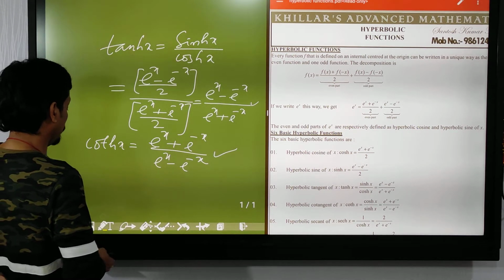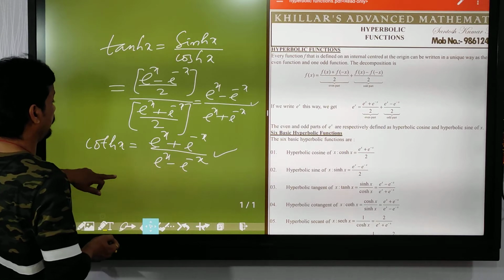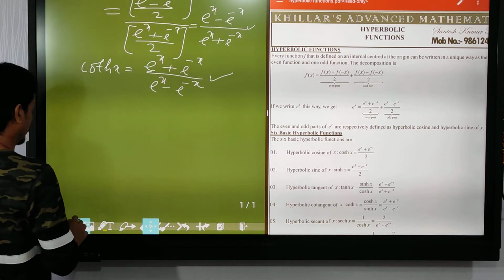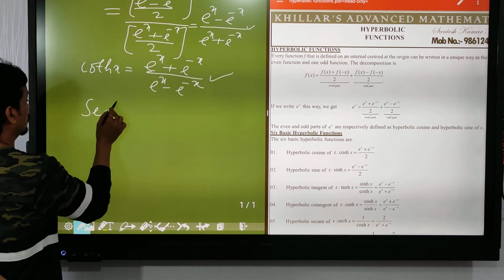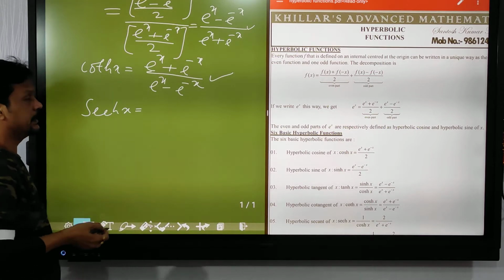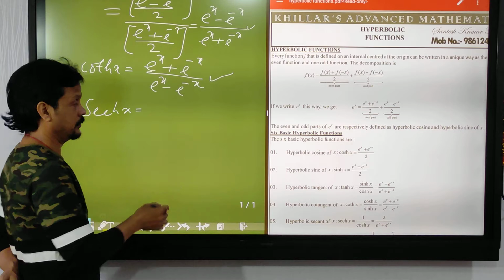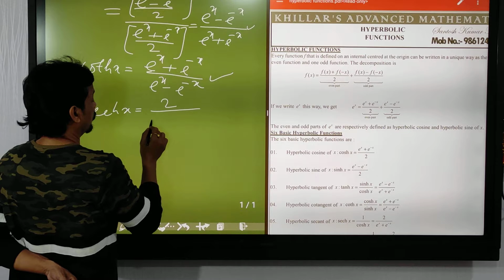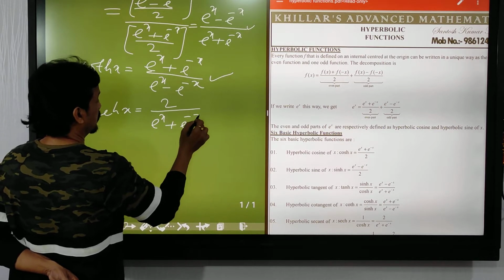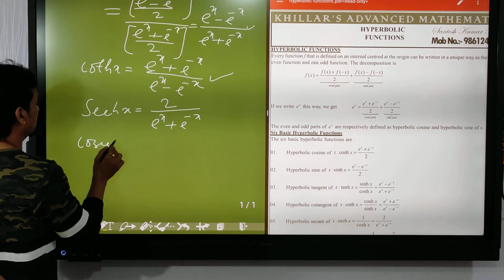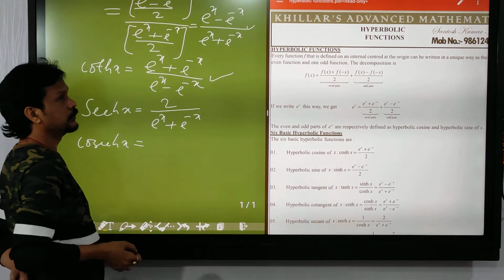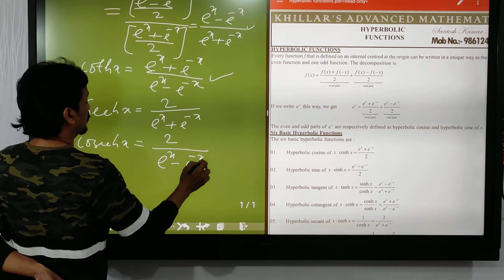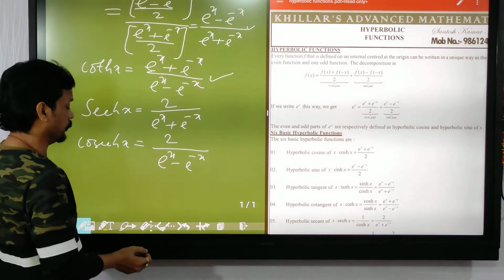Clear? Now see here. Sech x is the reciprocal of cosh x. That means 2 by e to the power x plus e to the power minus x. Similarly, cosech x is the reciprocal of sinh x. That means 2 by e to the power x minus e to the power minus x. So these are the 6 formulas